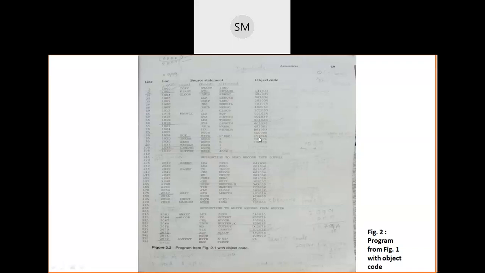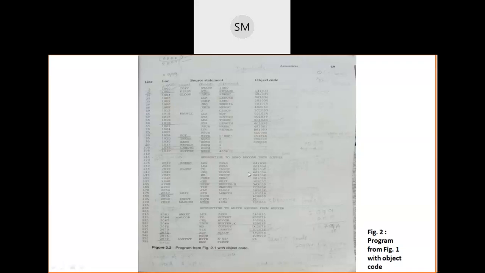O's equivalent code is 4F. F's equivalent code is 46. You will get it in appendix B. Okay, use appendix A and appendix B completely. Then for the remaining, no need to write the object code, since this memory is used by the assembler for some other reason, I will tell you.